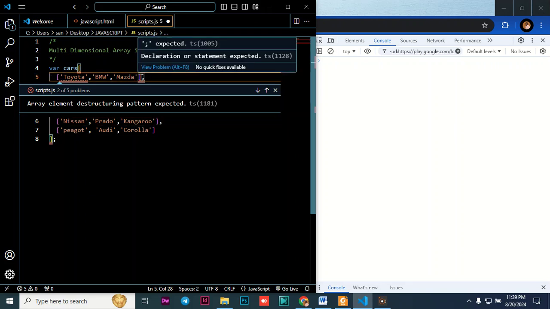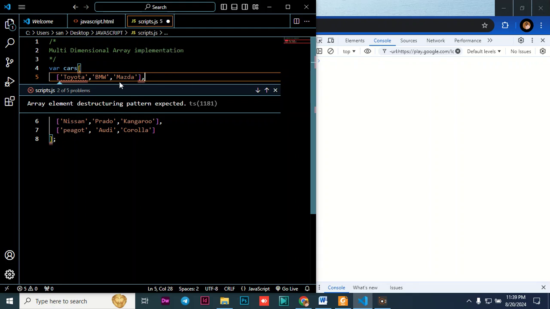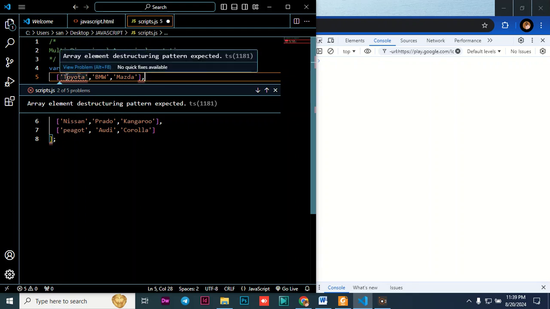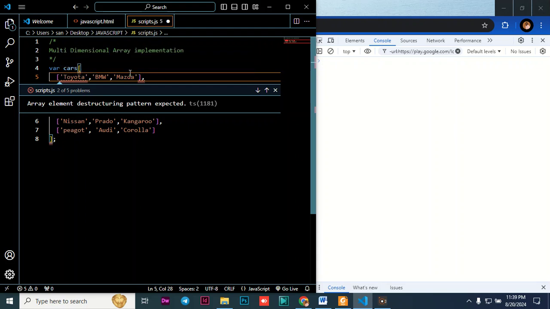So they are saying that expected a semicolon, not a comma. What is the error here? They are saying that destructuring pattern expected. Okay, yeah, so I think there is an error here, but